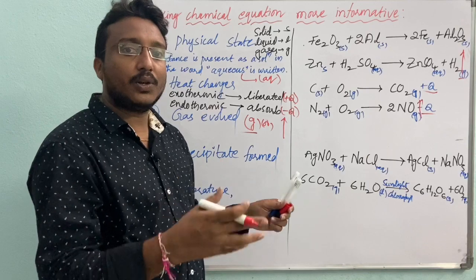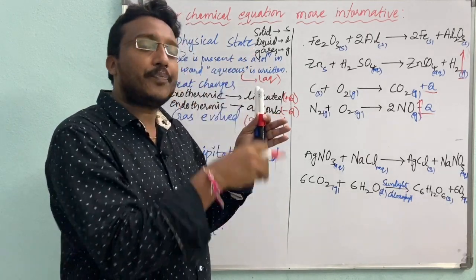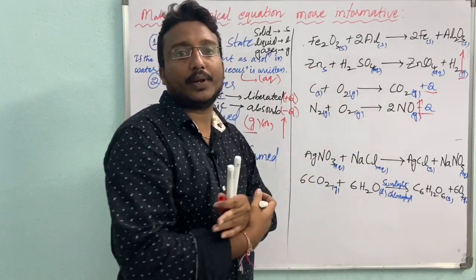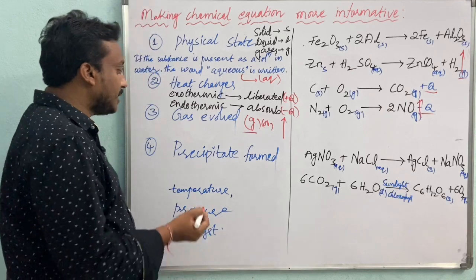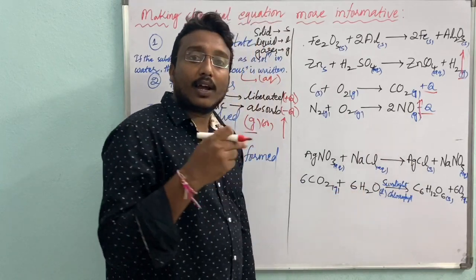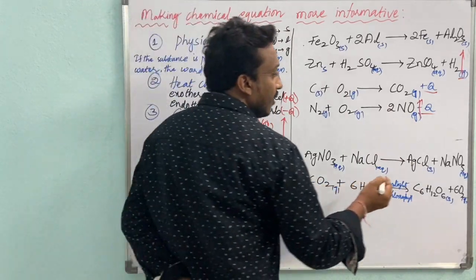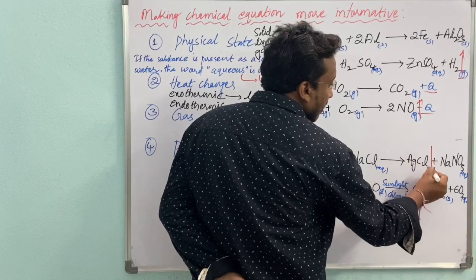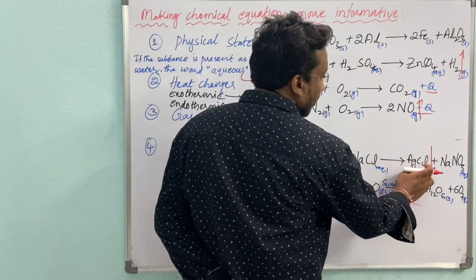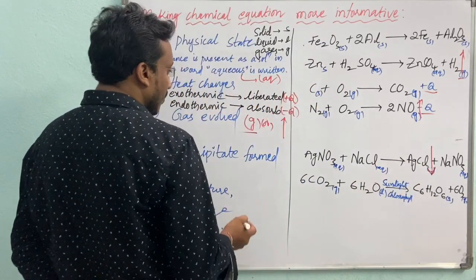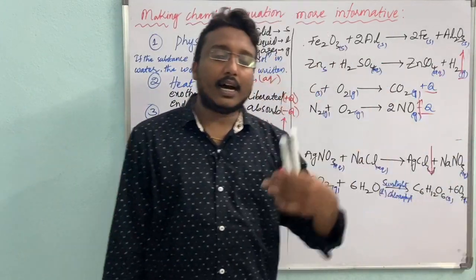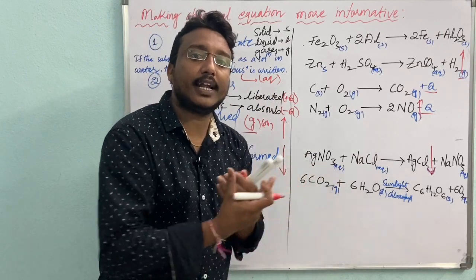In an aqueous solution, we get some liquid state products and we will get some solid particles. That is called a precipitate. Yesterday we discussed that. Here also, silver nitrate plus sodium chloride gives silver chloride, and this is the precipitate. In case of a precipitate, we have to designate it with a downward arrow. Why? Because a precipitate always forms at the bottom of the container.